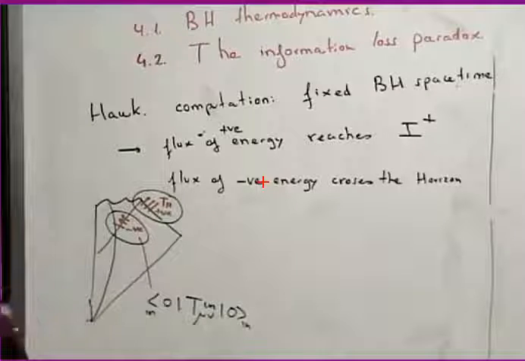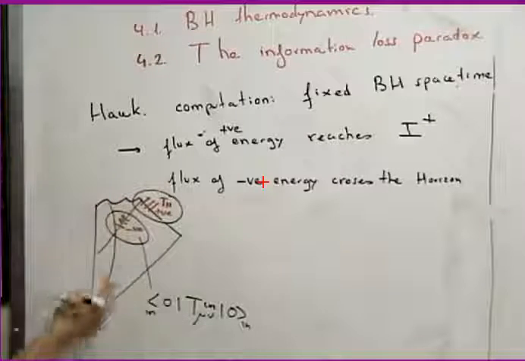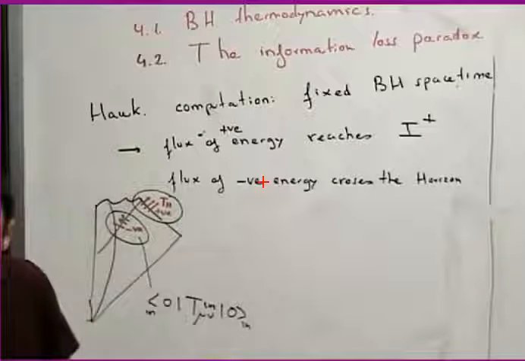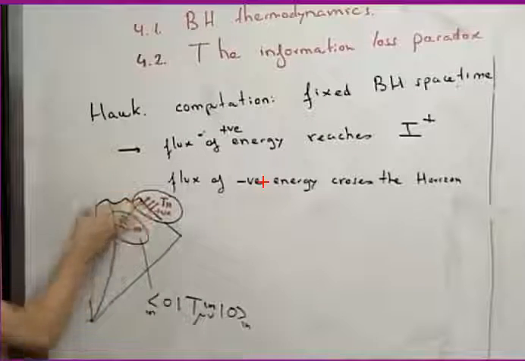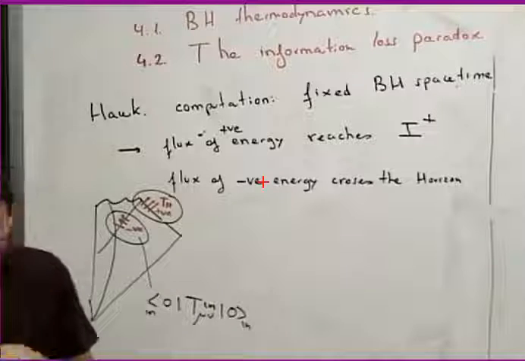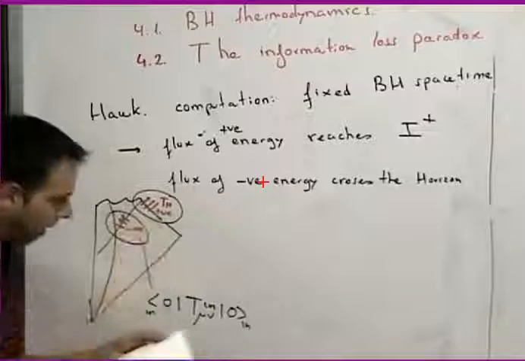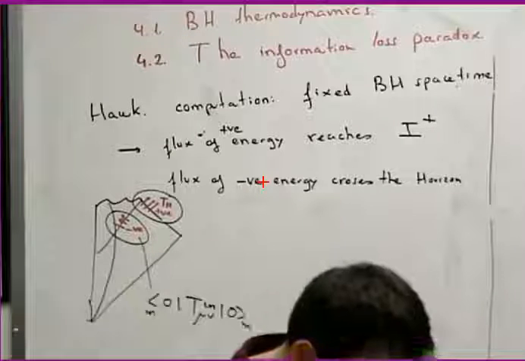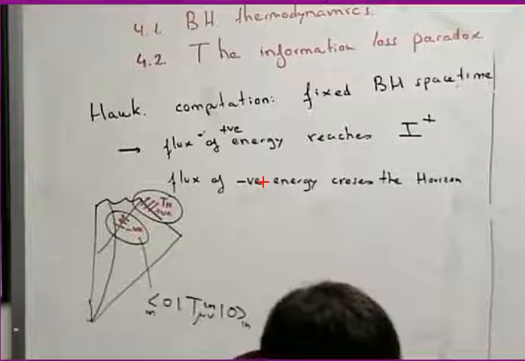For instance, in 2 dimensions, if you suppress the angular dimensions, then you can do it analytically and you can see these negative and positive fluxes. But in 4 dimensions, we don't have any analytical computation. But numerical analysis tells us that this really happens. And there are many other arguments why that must be the case. But just to let you know that I haven't derived that for you.